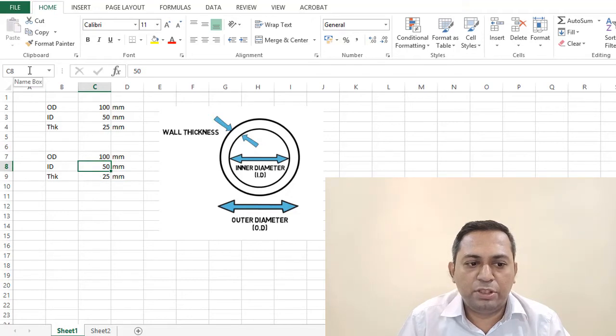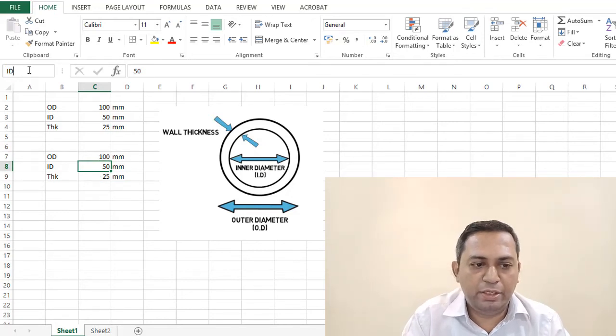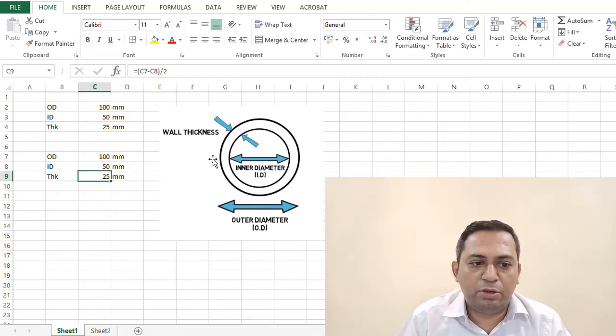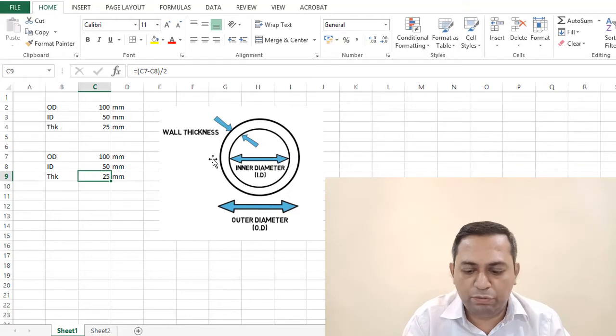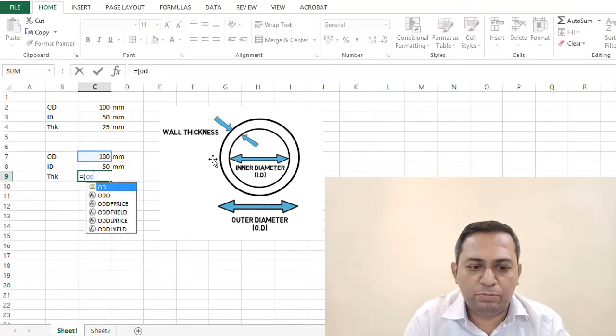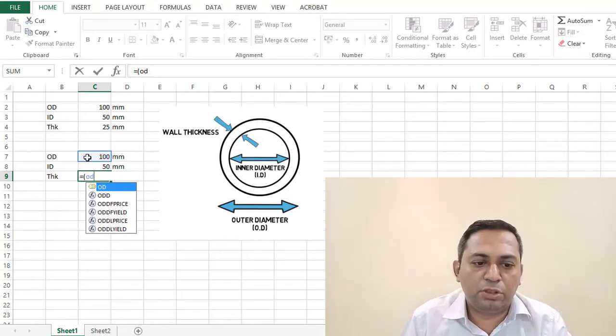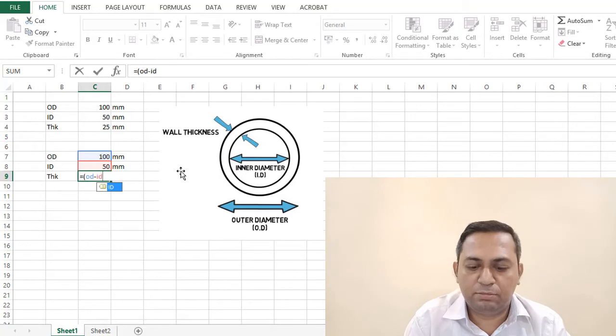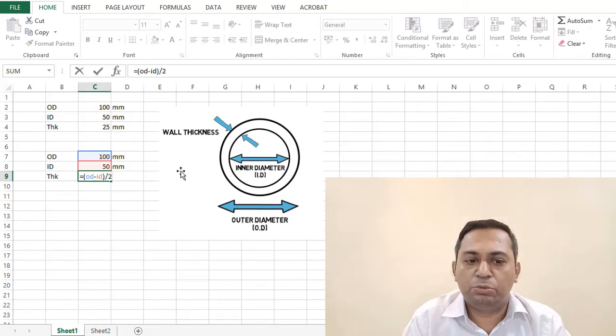So instead of C3, this will be ID, and you press enter. And instead of thickness, now here I want the formula. So I will type equal to OD, so it automatically gives us the reference here, minus ID, divided by 2.